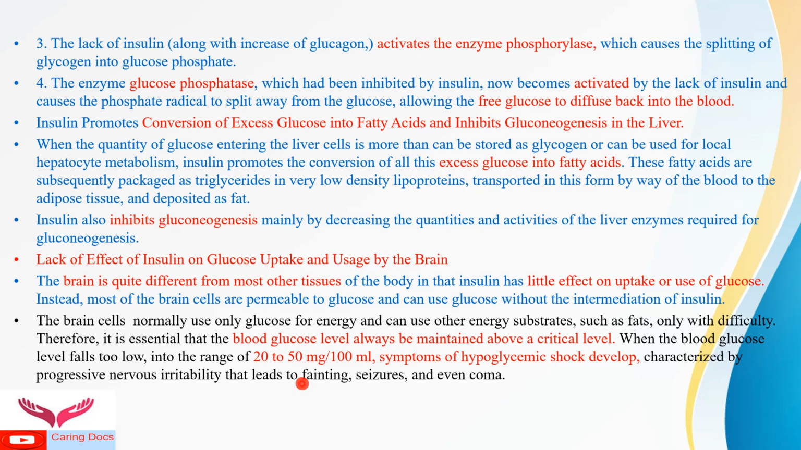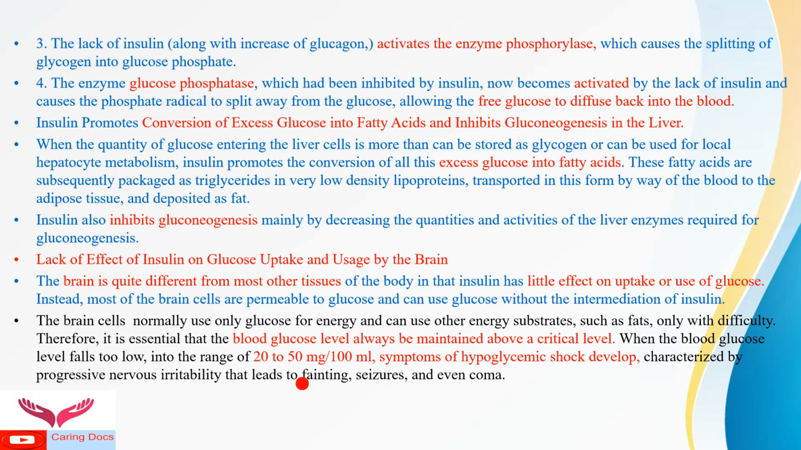Means when the quantity of glucose entering the liver cell is more than can be stored as glycogen or can be used for local hepatocyte metabolism, then insulin promotes the conversion of all this excess glucose into fatty acids, and these fatty acids are subsequently packaged as triglyceride into very low density lipoprotein, which is transported by way of the blood to the adipose tissue, and deposited there as fat. Insulin inhibits gluconeogenesis mainly by decreasing the quantities and the activities of the liver enzymes required for gluconeogenesis. So whenever there is lack of insulin,